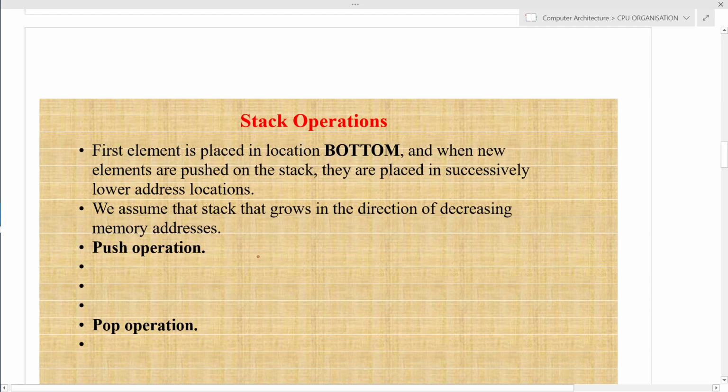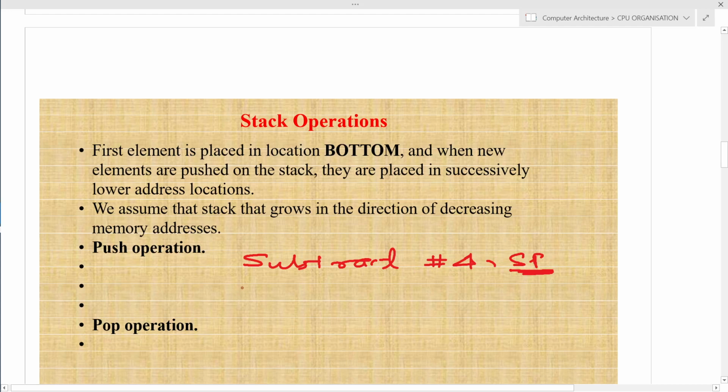Then I have to decrement that value, so I subtract 4 from the stack pointer. If my bottom is 2000, then the stack pointer initially holds 2004. When I subtract 4, it identifies location 2000, where I can insert the element.